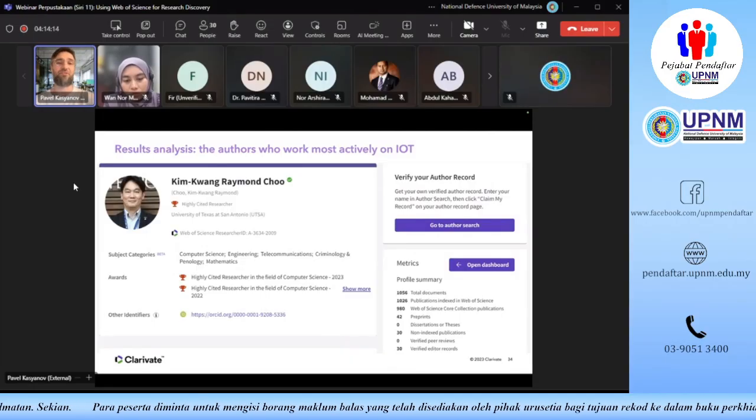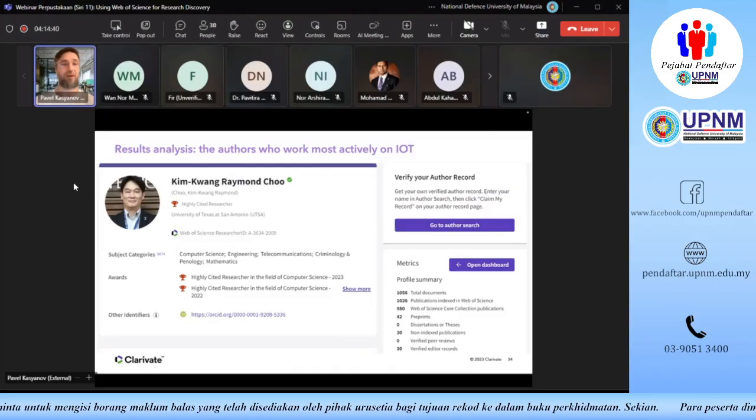And for you as researchers, this can be a great way to showcase your results and your track record. And this is a great way of searching for new scholarly contacts that may or may not, at the end of the day, also lead to certain joint research projects. So we will talk about how to find the top researchers in a given subject area.